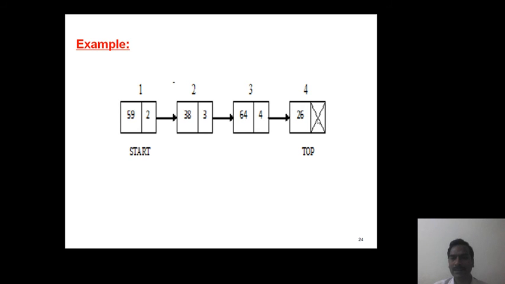When we observe the link part of the last node, it is filled with a null pointer. So we have data part, link part, data part, link part, data part, link part, and finally in the last node the link part is filled with a null pointer. So this is the linked representation of a stack.